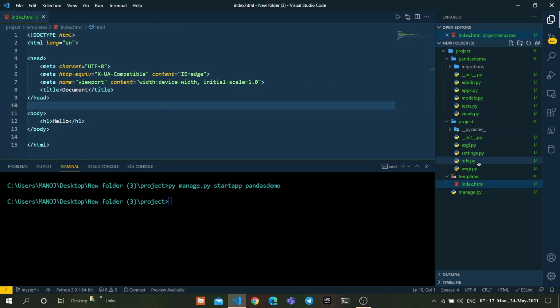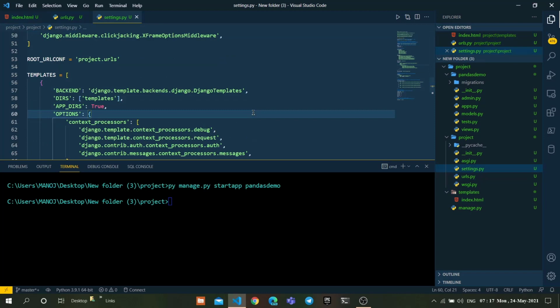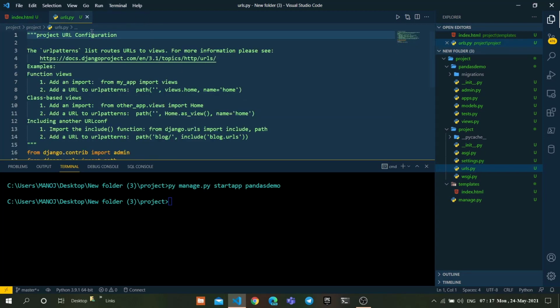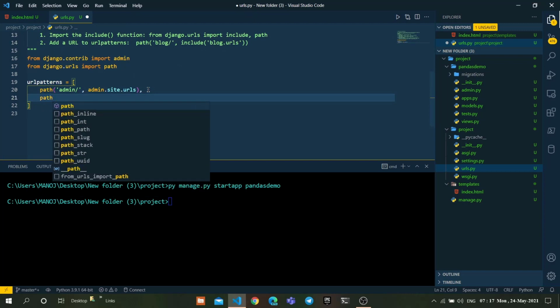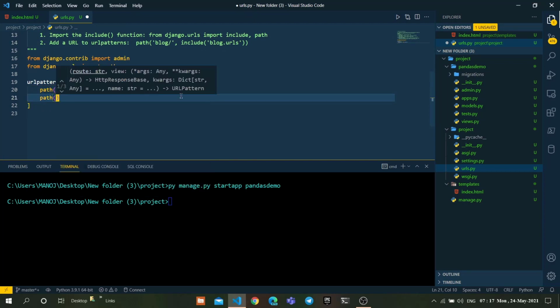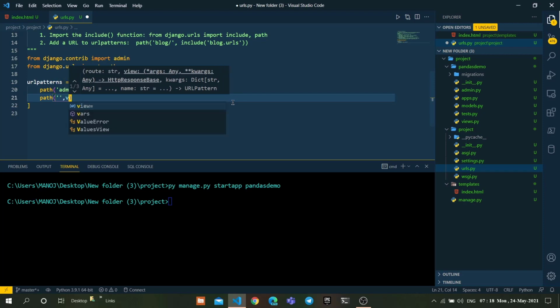Let's configure the installed app URLs into the main urls.py. Here, I'm creating a new path in the main urls.py, which is the project folder's urls.py. I'm using an empty path with single quotes, comma.